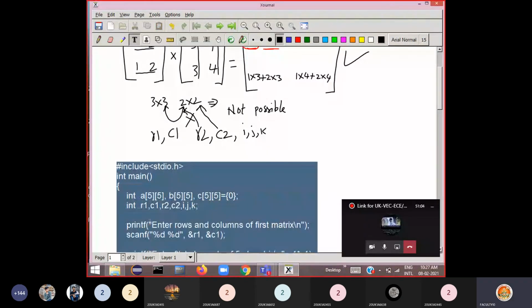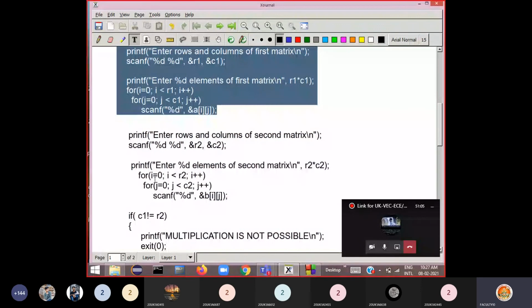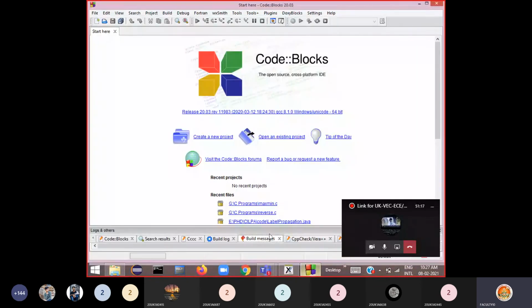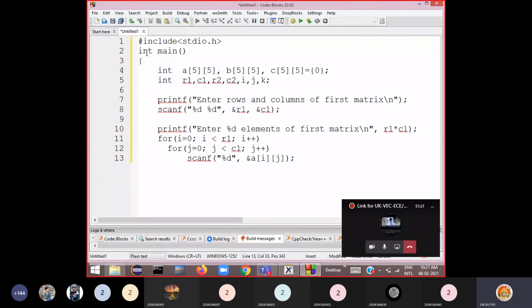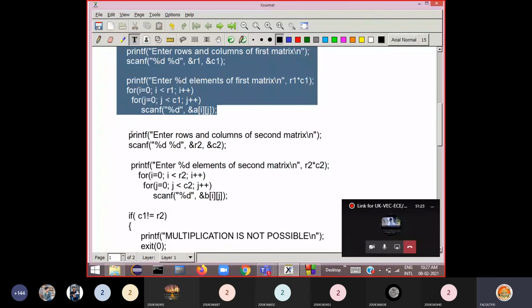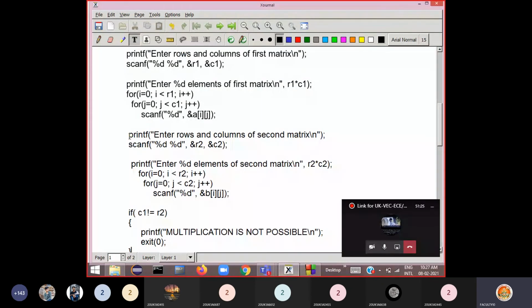So I copy this. I paste here. Okay. Then let me copy this here.